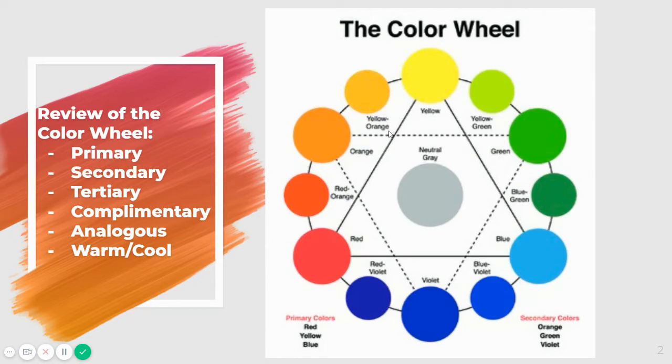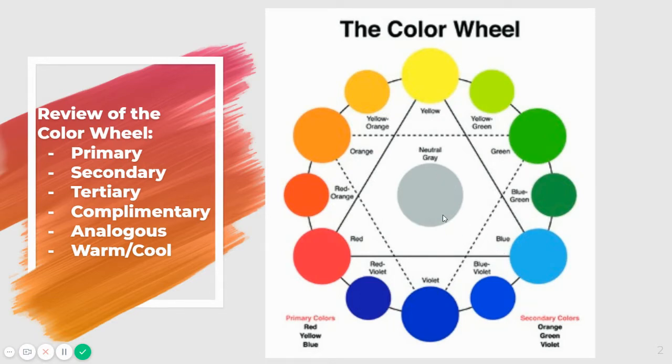Complementary colors are across from each other on the color wheel. So red and green are complementary, yellow-green and red-violet are complementary, orange and blue are complementary. When you mix complementary colors in equal amounts, you'll get a neutral color. So if you have the same amount of orange mixed with the same amount of blue, you should get this